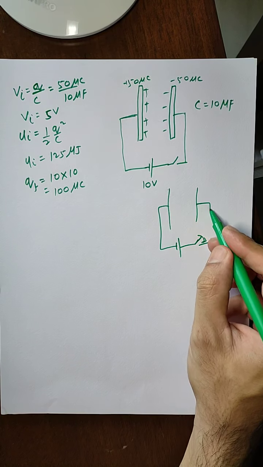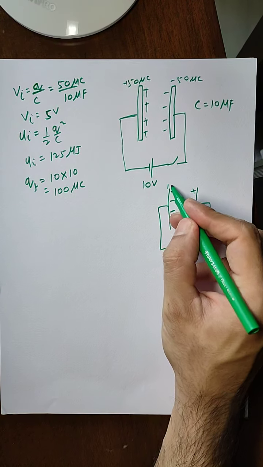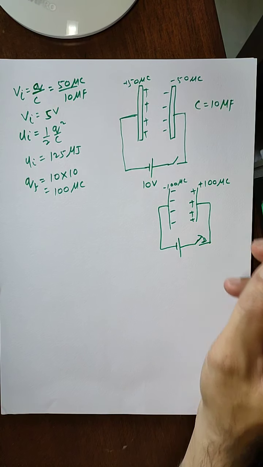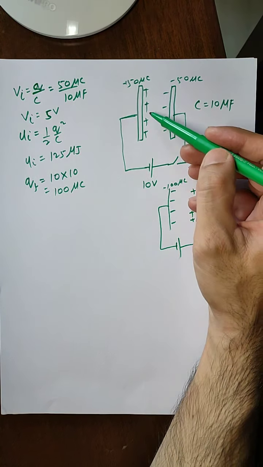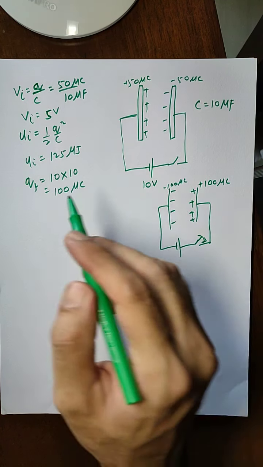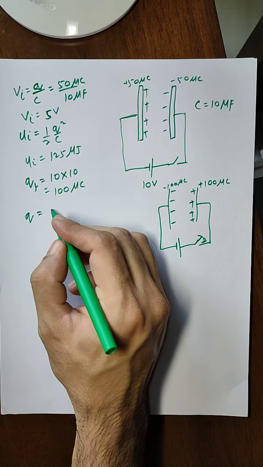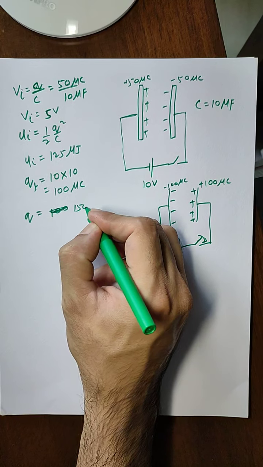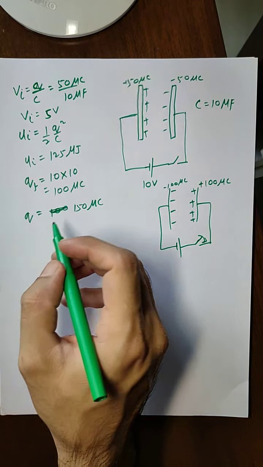the switch is closed. In the final configuration we have minus 100 microcoulomb over here and plus 100 microcoulomb on this, because the charges will be reversed because of the reversal of the battery. So this plus 50 charge first has to be removed and then minus 100 charge has to be supplied. So that means the total charge supplied by the battery will be 50 removed plus 100 supplied. So it will be a total of 150 microcoulomb. So the battery has to supply 150 microcoulomb of charge.